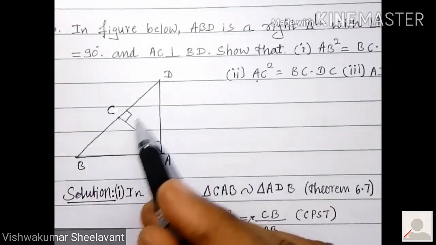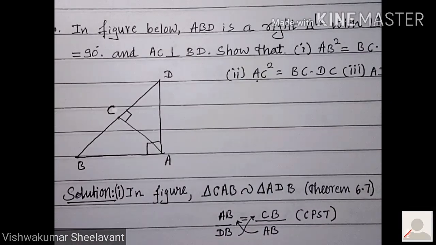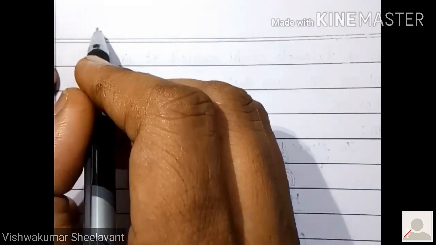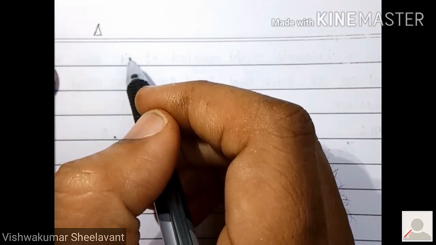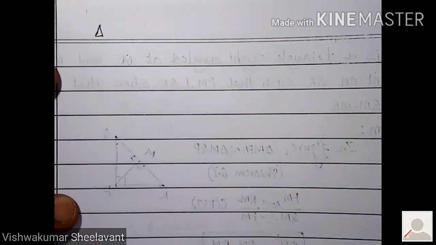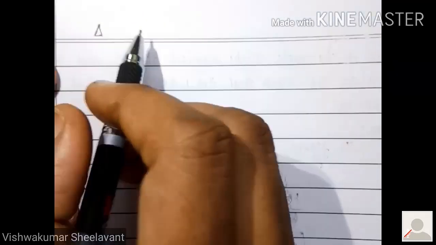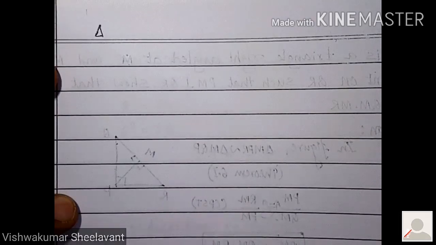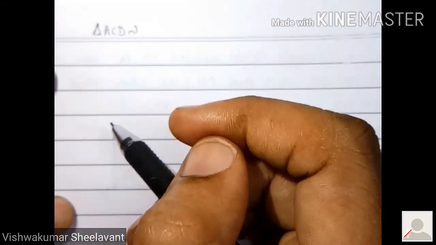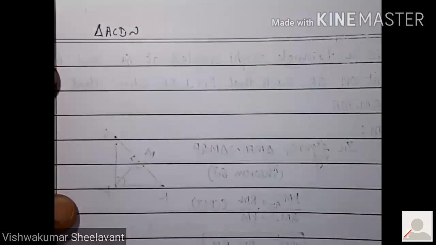So you have to take these two triangles. Triangle ACD is similar to triangle